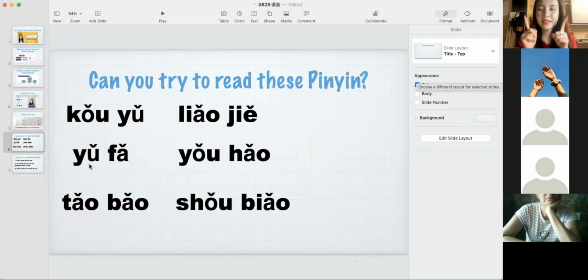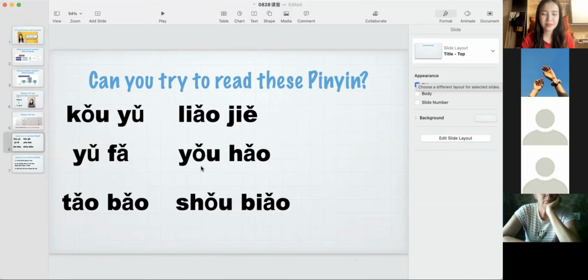So really fast: yu. 口语。Yes, you got it right. And try this one. 语法。Yes. This is how you pronounce this 语 sound, okay? 语法。